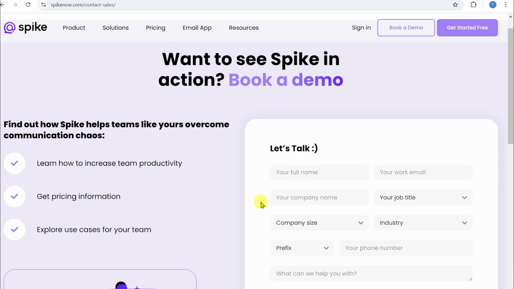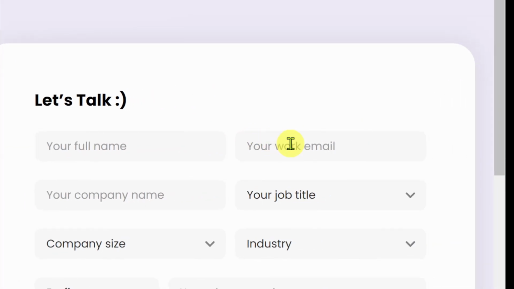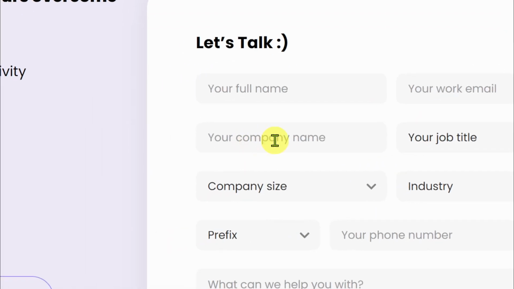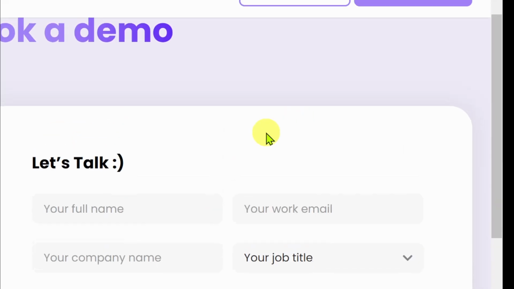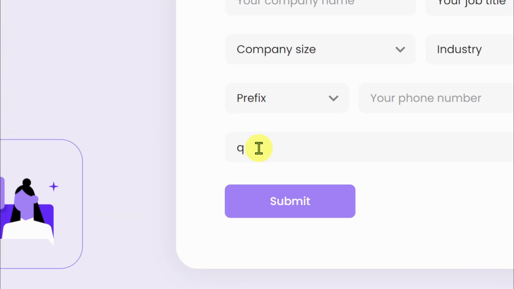and then this is going to show you this page where you need to fill up your full name, your work email, your company name, and all of these details. And then on this last box simply enter that your account has been banned, and then tell the reason why you believe that it was invalid or unreasonable to ban your account. And once you tell all of your reasons, simply click on this submit button, and if you are lucky they